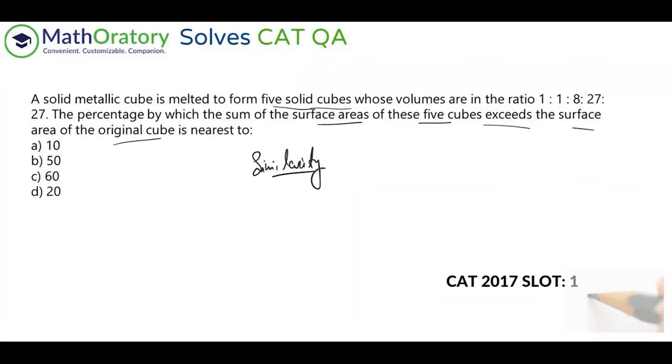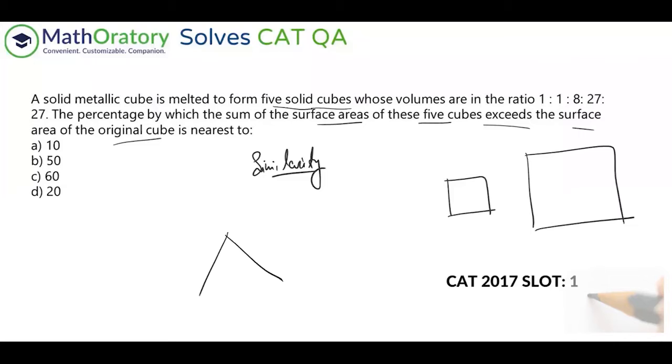Basically, in similar figures. So what I mean by that is, you take any two cubes that will always be similar to each other because it's a regular object. Any two regular objects of the same type are similar to each other. For example, two squares are always similar to each other.